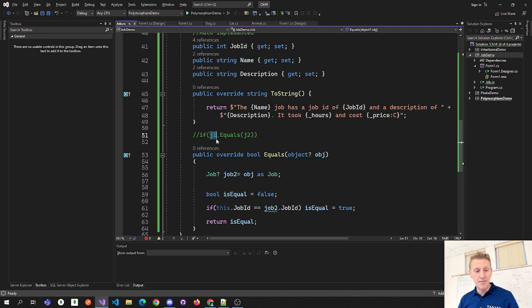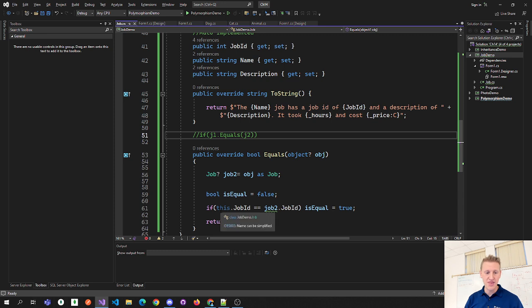So essentially, the answer to that question is because J1 is the instance of the job that's calling the equals method. There could be 1,000 other jobs, but this job is J1. Okay? It is this particular instance of the job that we're looking at the job